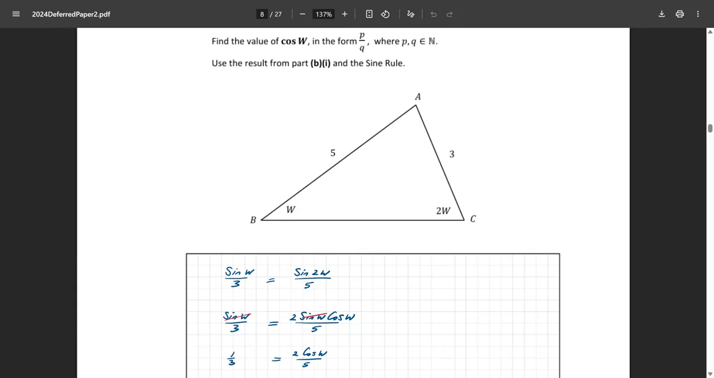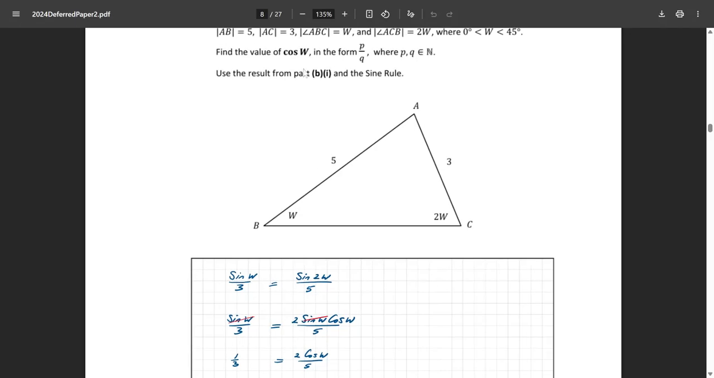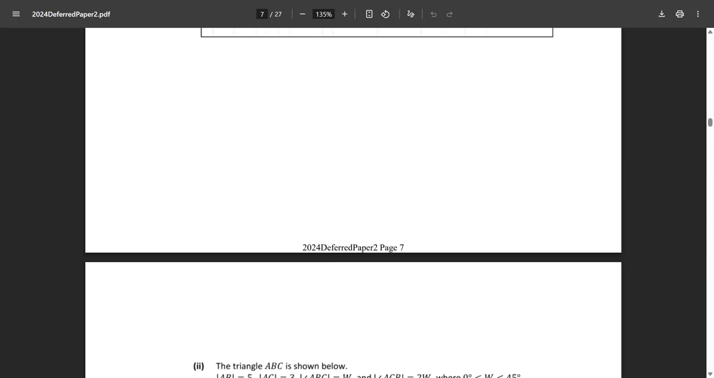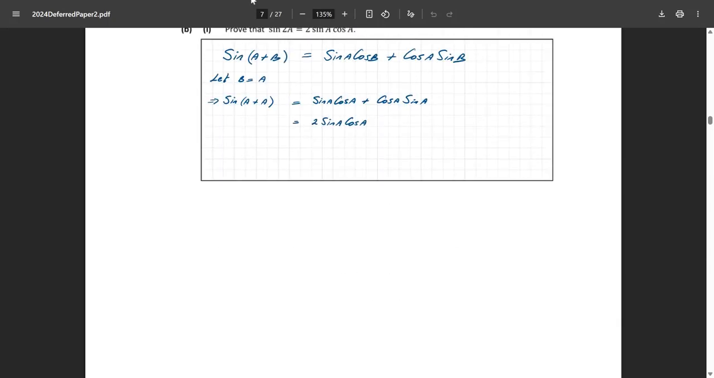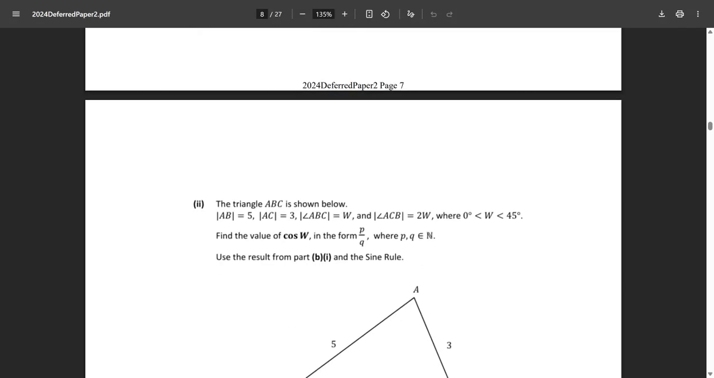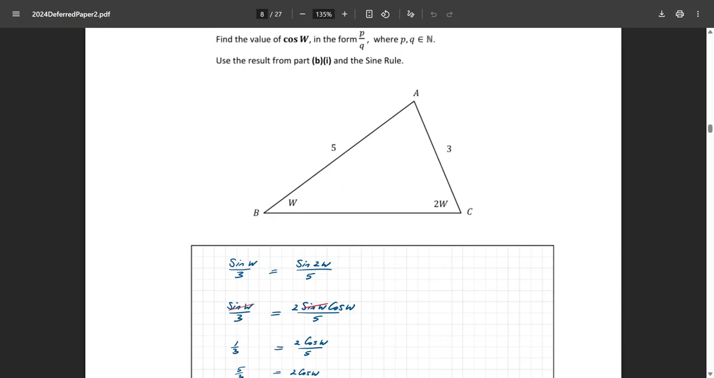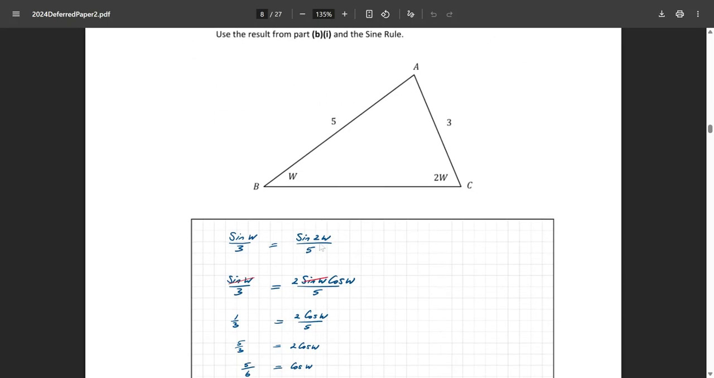Now he gives us this straight hint as well to use the result in the last part, which was of course that if you look back to the last part for a sec, we're told that the sine of 2A is 2 sine A cos A. And that's exactly what we have here, sine 2W. So using the proof, that means we've got 2 sine W cos W,